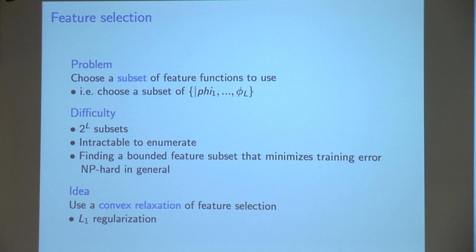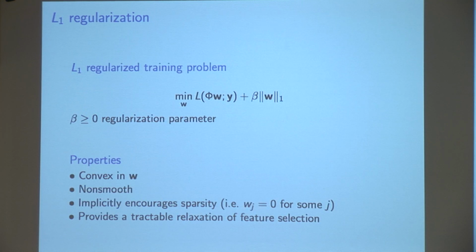Now, again, I feel like I'm just the messenger. I'm not really trying to sell this. But in the literature right now, there's a lot of emphasis on what are called sparse regularizers. In the context we're in so far, this would amount to just using an L1 regularizer, which would be like a convex relaxation of feature selection in a sense that I haven't explained yet. First, let me just go back to the computational problem.